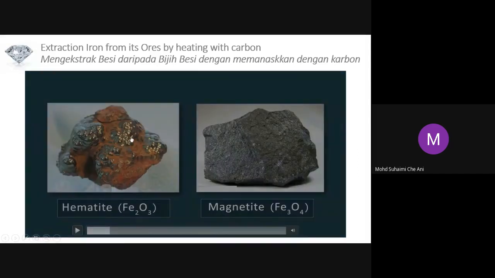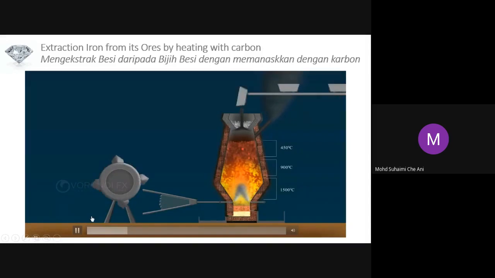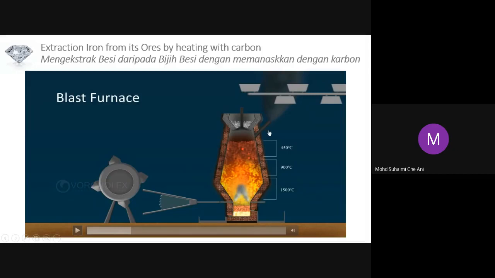So this one is hematite, iron oxide, but with two iron only. This one, magnetite, is iron oxide too, but it has three irons inside. But for your PT3, we just learn about the hematite. Okay, in this method, they will have a very big blast furnace. Kita namakan dia sebagai relau bagas, the blast furnace. And then you put